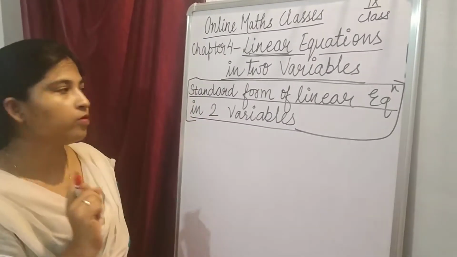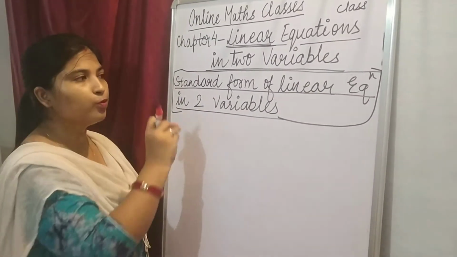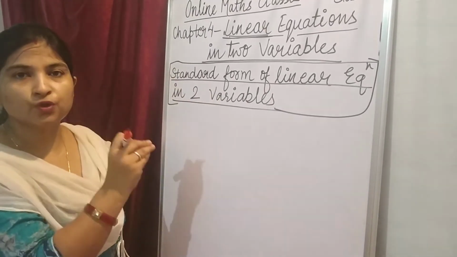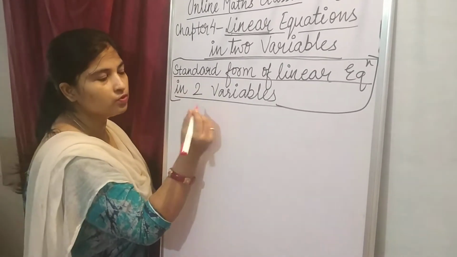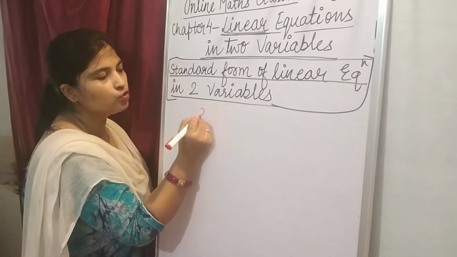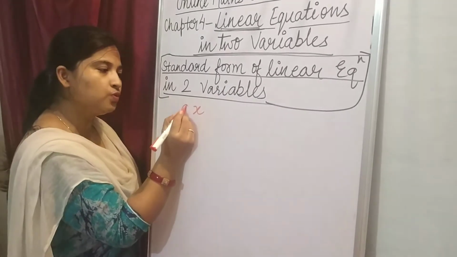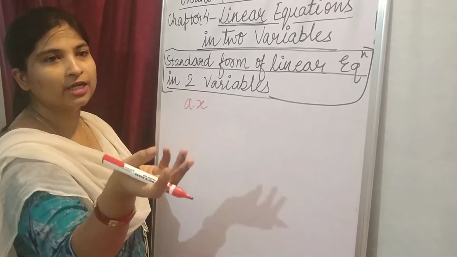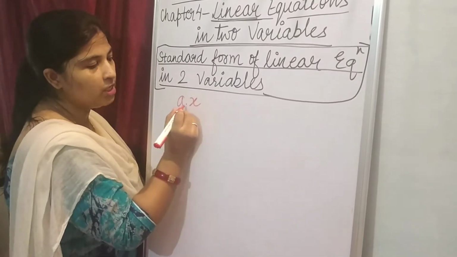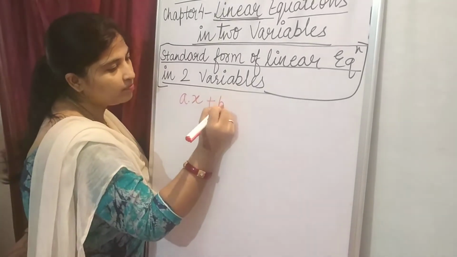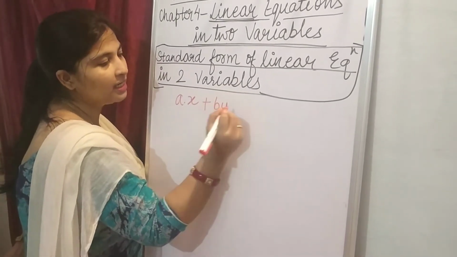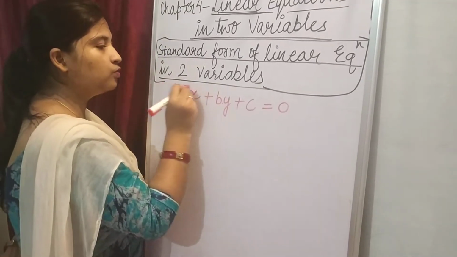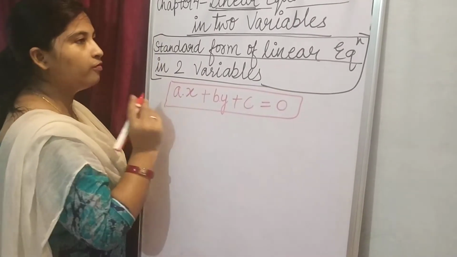Yes, the standard form of a linear equation in two variables. That is, what is the standard form we have to use in maths when we are dealing with a linear equation in two variables. Okay students, it is very easy. You just have to see, variables we will use two, and in front of variables we have to use some coefficients. Coefficients are the numbers, as you can see, 4, 5, 10, minus 100, anything, that is your coefficient. So with x I am having a coefficient, with y also I am having a coefficient, and the last one is your constant. So ax plus by plus c equal to 0 is your standard form of a linear equation in two variables.